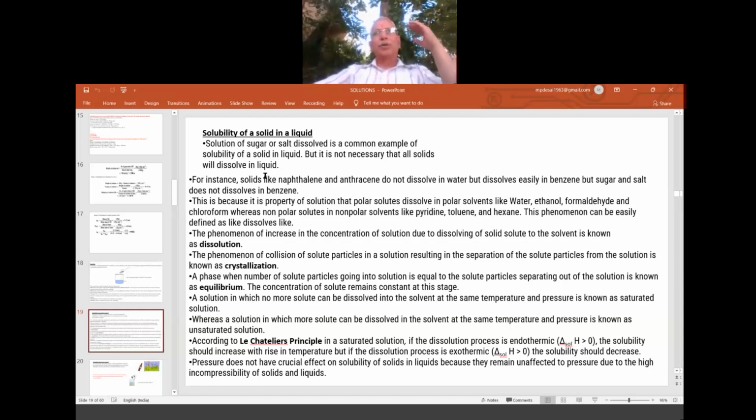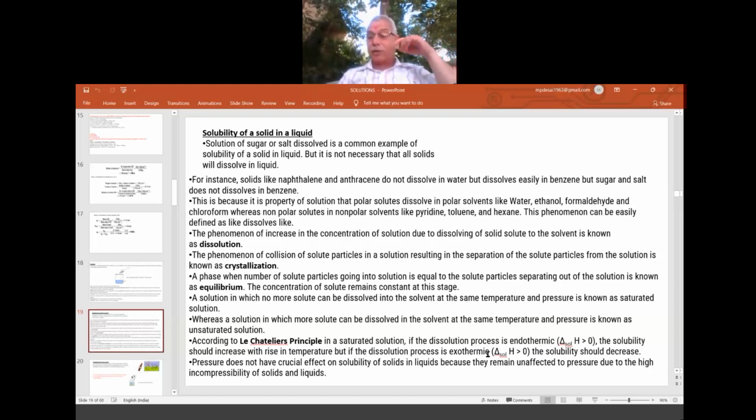That gives you almost pure NaCl crystals, which are checked by the melting point, because melting point and boiling point are the characteristic properties of solids and liquids respectively. Whatever crystals of sodium chloride you get after repeated crystallization and filtration, you go for the melting point. If your melting point tallies with the standard melting point given in the table, then whatever you have made is pure NaCl. Those two are called dissolution and crystallization. And one more important point here: according to Le Chatelier's principle, in a saturated solution,